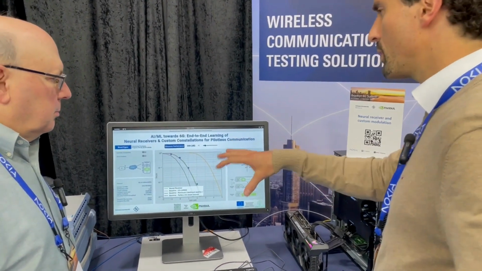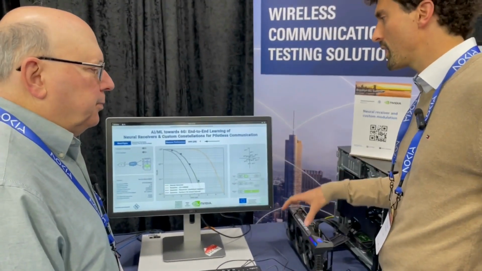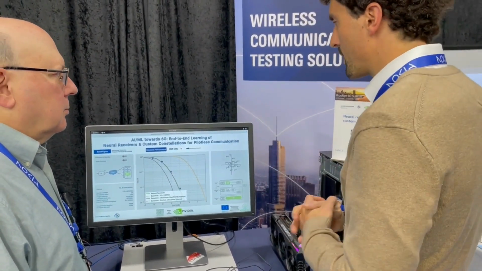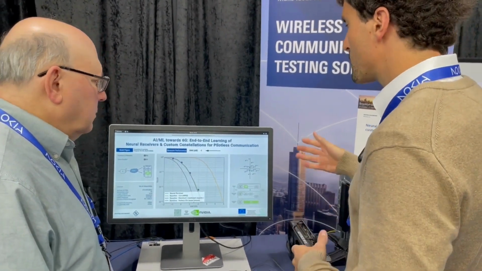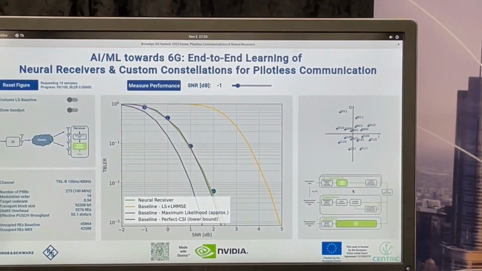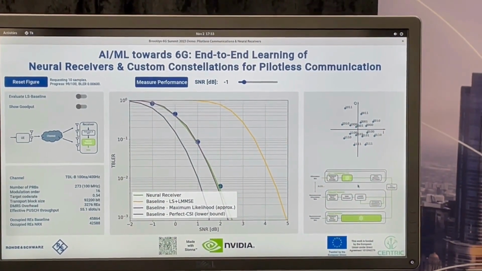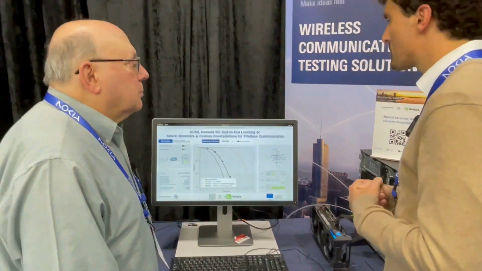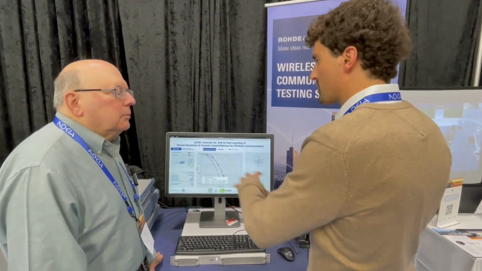This is actually a joint demo between Rohde and Schwarz and NVIDIA. At NVIDIA, we have a software called Sionna. It's a prototype link level simulator, essentially, with machine learning support, and it's written in Python TensorFlow. We can use the channel models from Sionna to generate synthetic data, so we do the training on a synthetic data set. That allows us to randomize the channel. We train the system for a huge variety of different channel realizations, and then later when we deploy it, we just fix the channel for the over-the-air demo here.